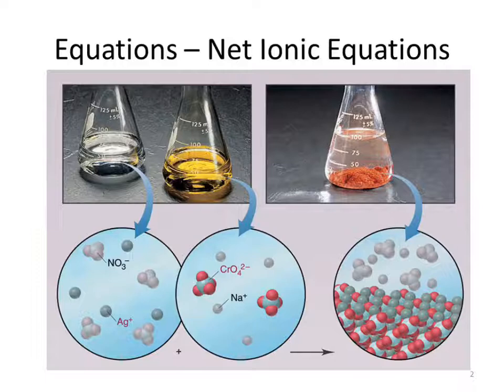Okay? Both of them, as you can see, are split up into ions in solution. So both of these are soluble. Now, when I combine them, I get that right there. I get some sort of a precipitate. But I also still have some ions in solution. So some of the stuff continues to float around in solution, while other stuff crashes out as a precipitate. So what our net ionic equations let us do is they let us break things down so that we can see exactly what reacted. So when I look at my silver nitrate and my sodium chromate,